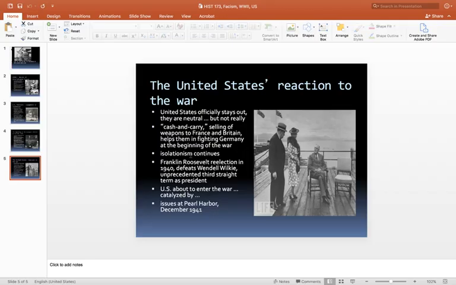It was illegal for the United States to do that when there were other belligerent states that were fighting in a war. And so this law that was passed by Franklin Delano Roosevelt, by FDR in September of 1939, actually helped the Allies continue to fight, particularly, as I said, Britain,